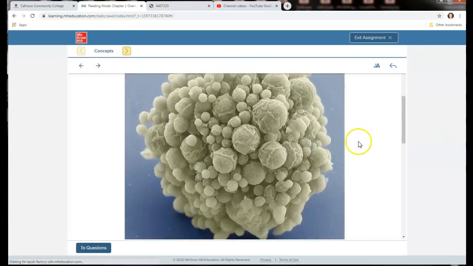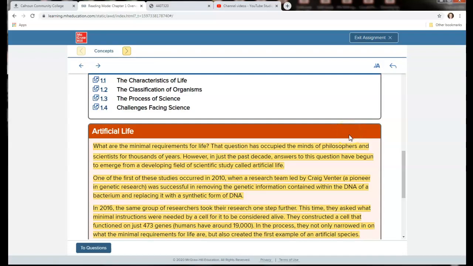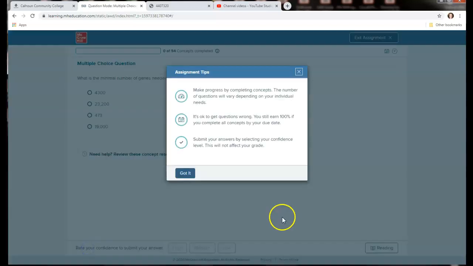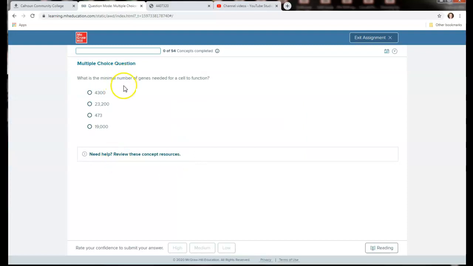I suggest you start reading unless you just recently had high school biology and you want to test yourself and see how much you know. And you can always come down here and go directly to questions. It's going to give you multiple choice test questions, and you'll see this green little bar get completed. As you master a topic, it kind of just moves you along.